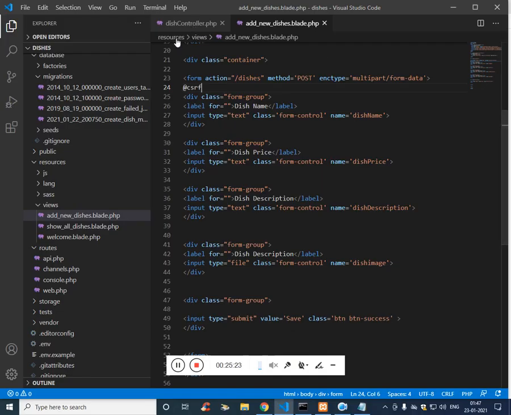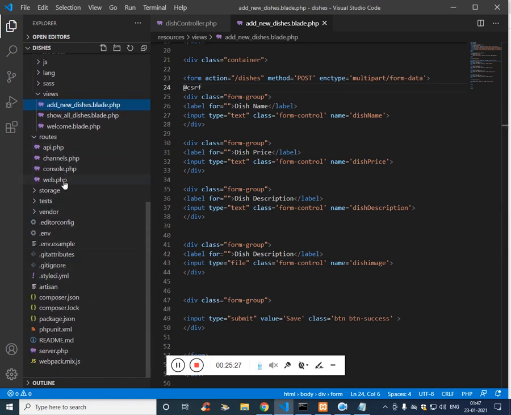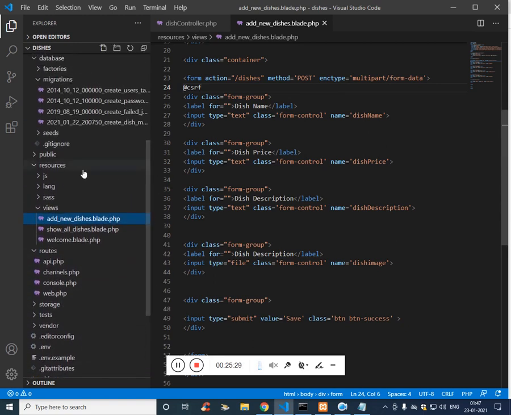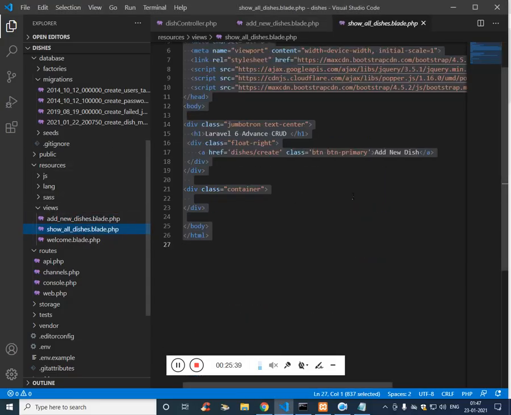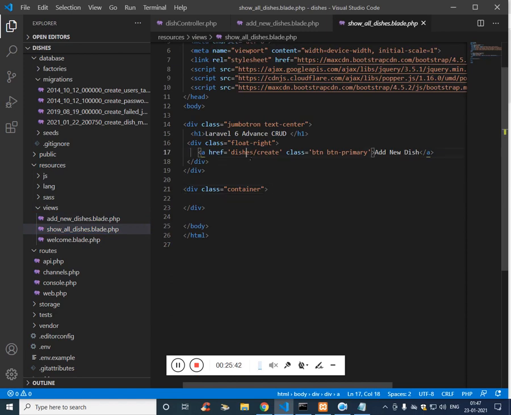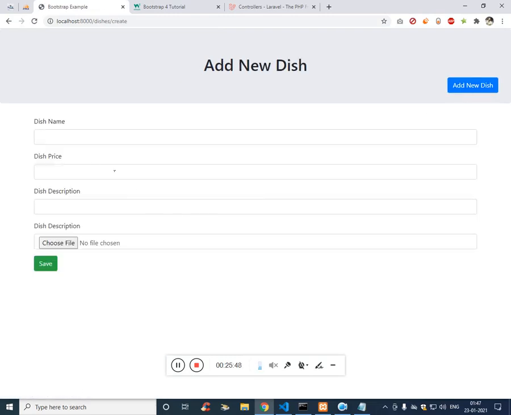That is not the mistake here. If you see, this error is coming from another view. On the resources, where is the resources? This is dishes, show all dishes, and here we have a button, forward slash, and now if you click you can see the input field.